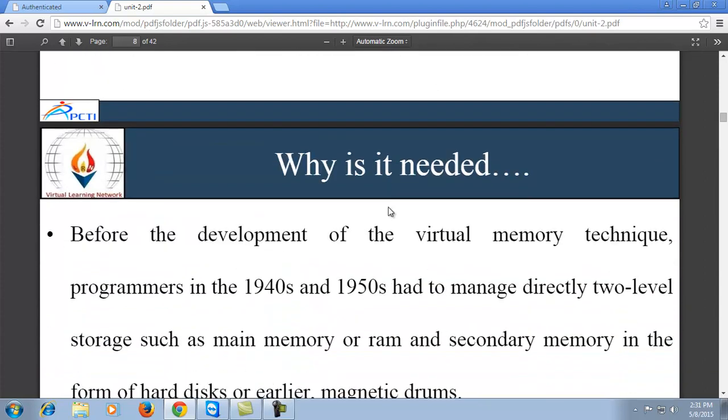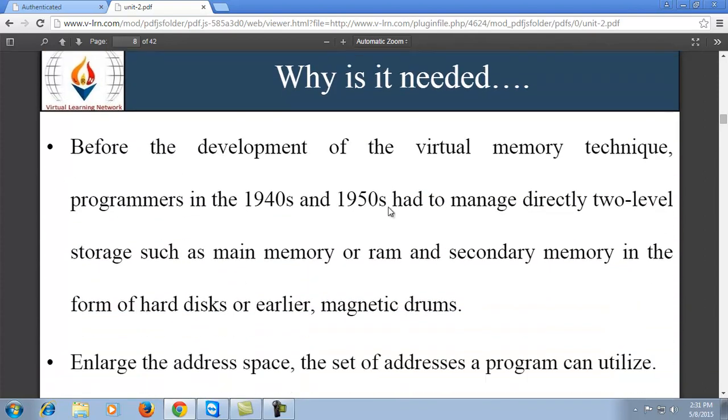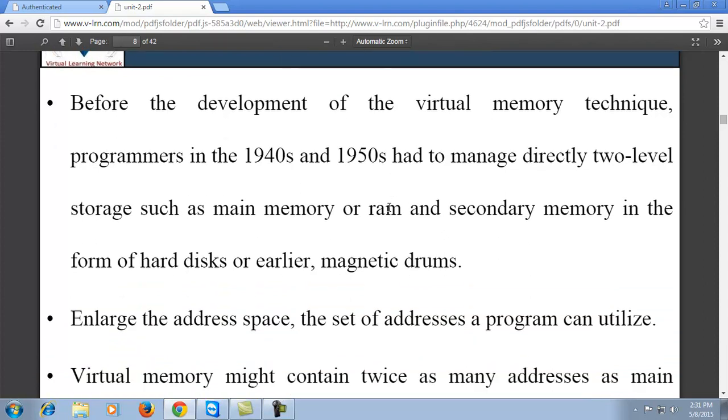Next, why is it needed and required for execution and completion of tasks?